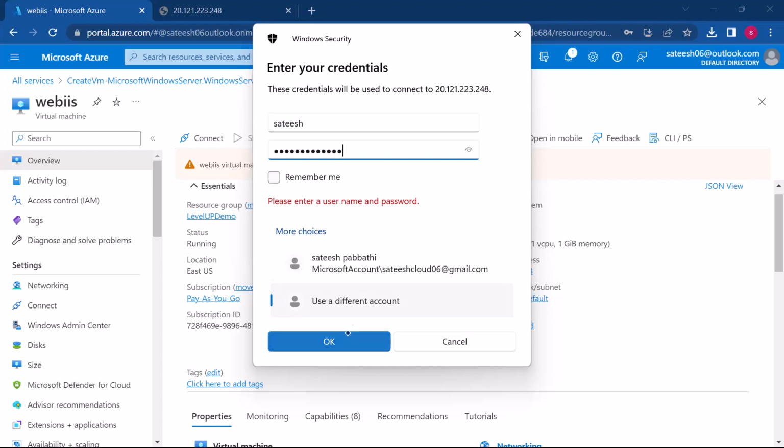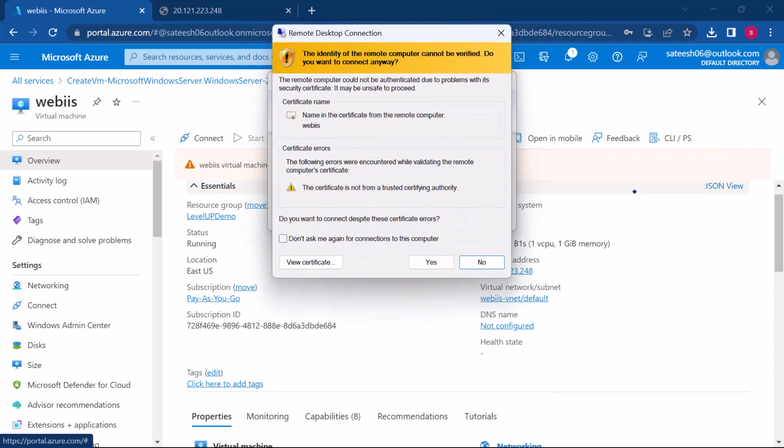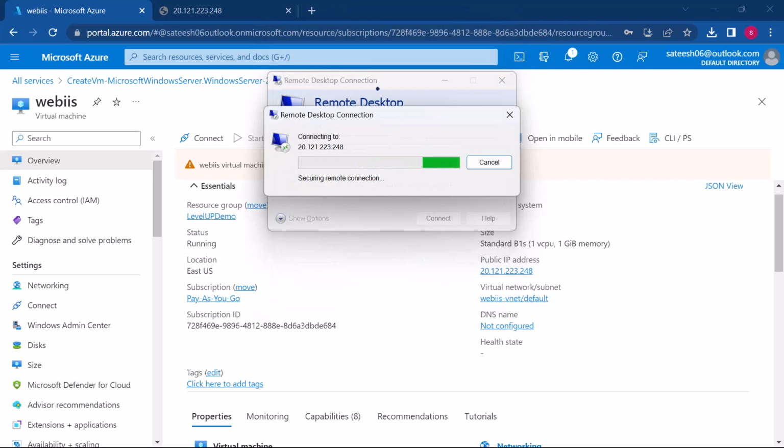Okay, I have given the password that I have used. Select option OK. Okay, now it is asking, do you want me to authenticate to connect? Select option yes. So now basically what we are doing, we have created one virtual machine on Azure cloud, and